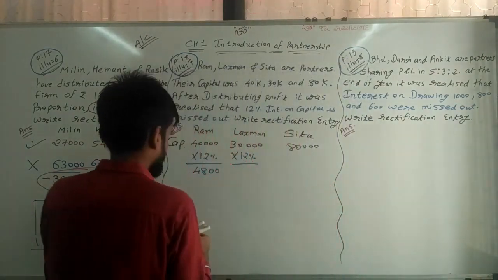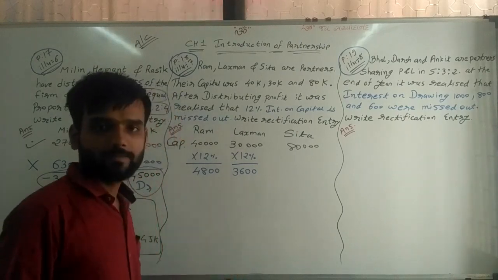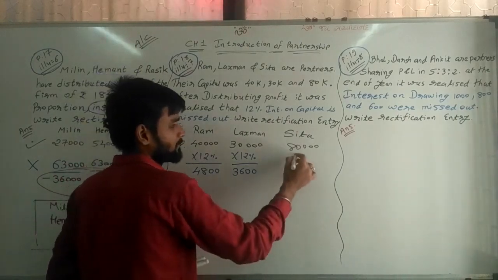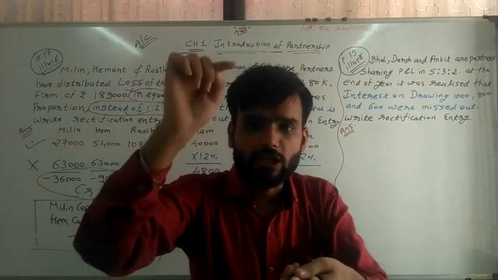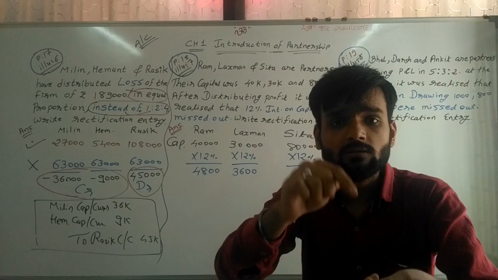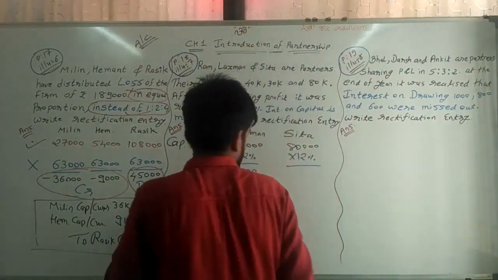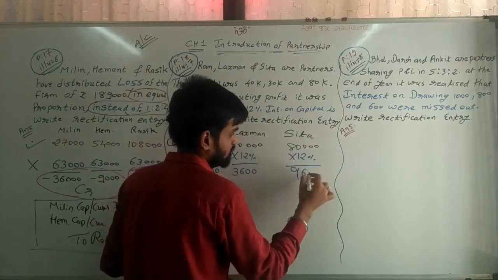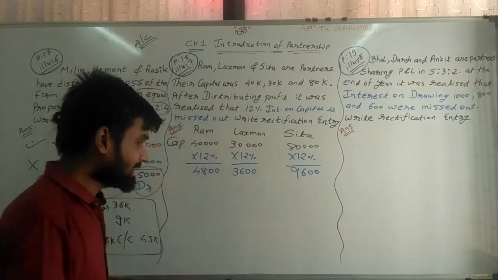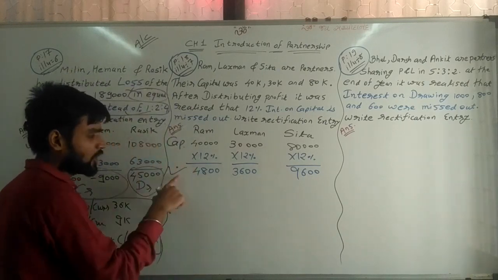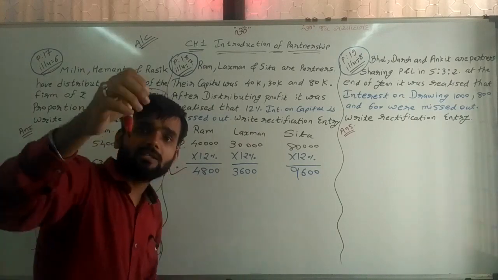You will get 3,600 rupees. And same way here, 12% of 80,000. Then you will get 9,600 rupees. So this is the correct value of interest on capital